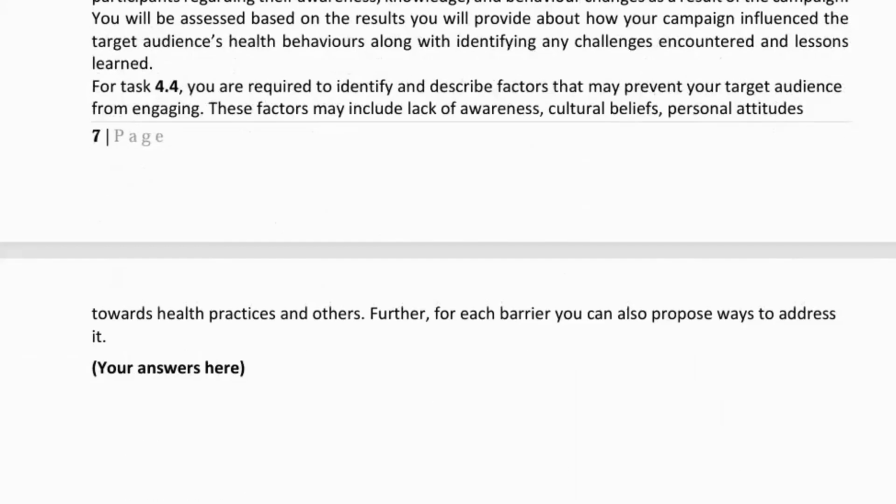Now, moving ahead, here is the conclusion part, in which you have to summarize the key ideas that you discussed throughout your assignment within 150 words. And you also have to provide the references of the sources that you used in your assignment in the bibliography section in proper Harvard referencing style.